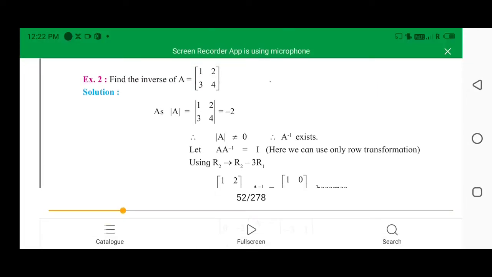Today we will see the example. Find the inverse of a matrix A. It is given as 1, 2 and 3, 4. So as given in the last class, the similar example I am taking, that is, the determinant of A we